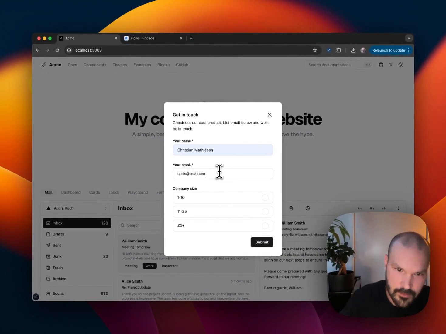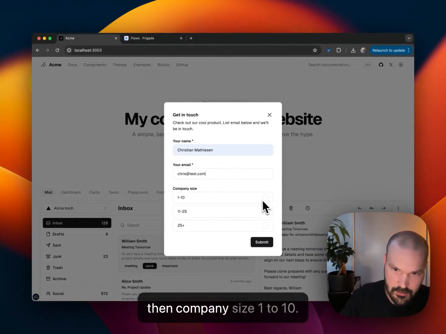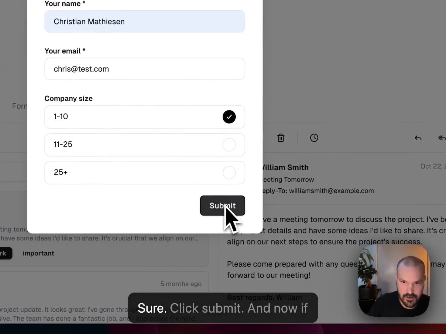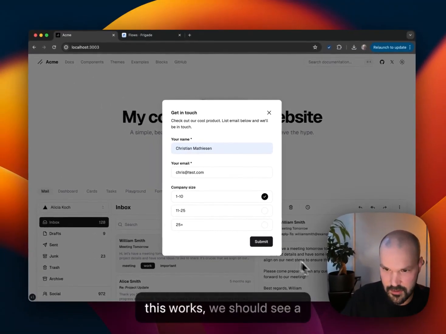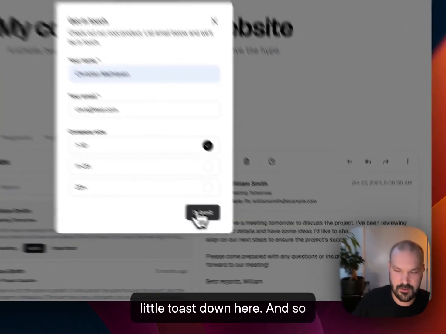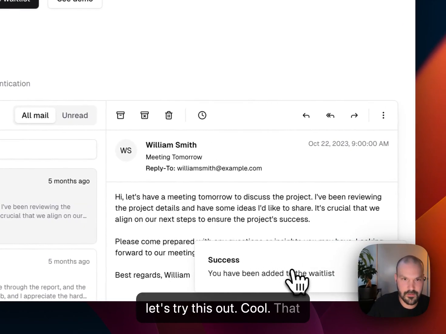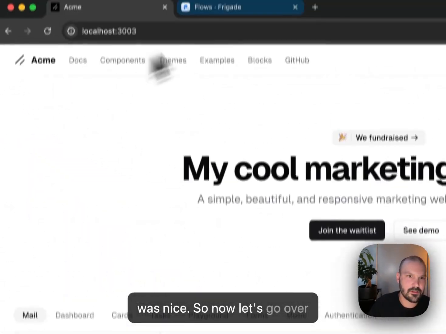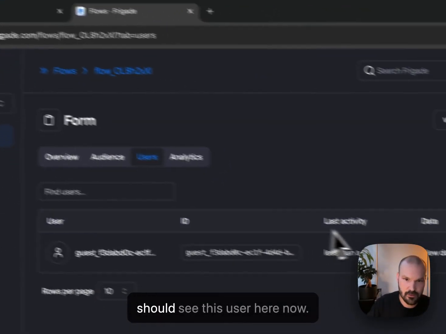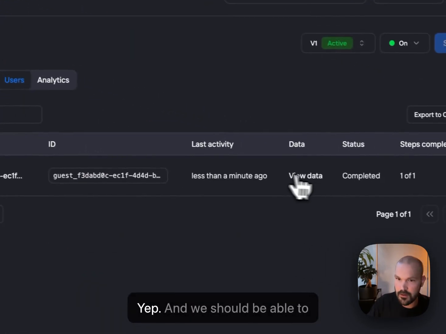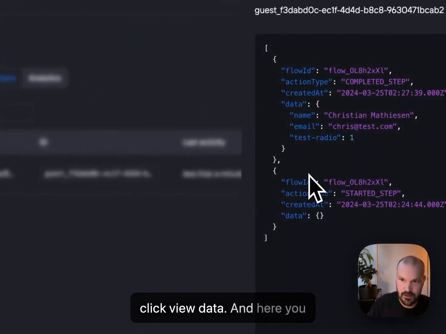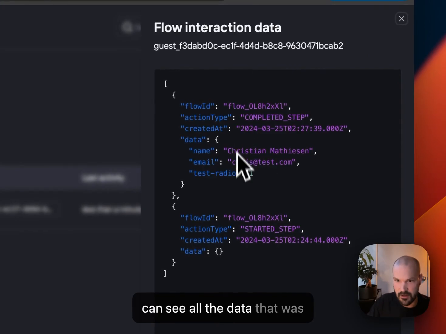Chris@test.com. And then company size 1 to 10, sure. Click submit, and now if this works, we should see a little toast down here. So let's try this out. Cool. That was nice. So now let's go over here in Frigade, and we should see this user here now. Yep. And we should be able to click view data, and here you can see all the data that was